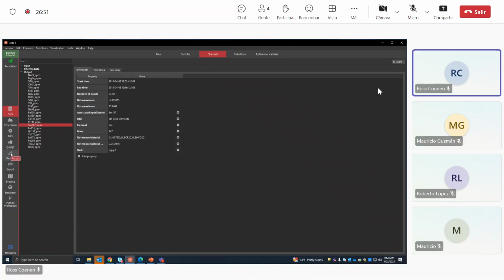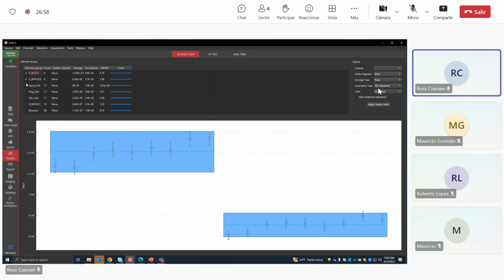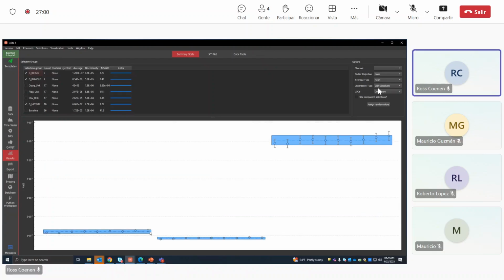So if we go into results, we can plot any one of these and see all of our individual scans. For each one of these, it looks like there are